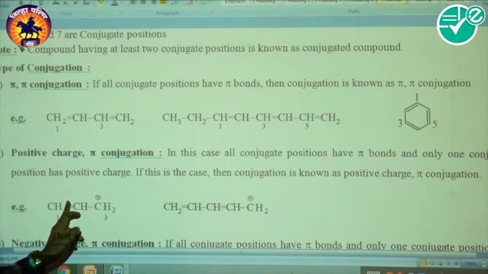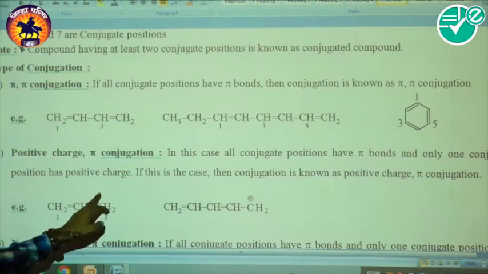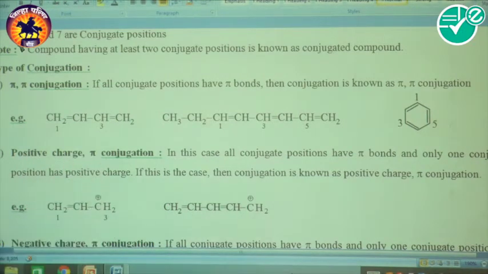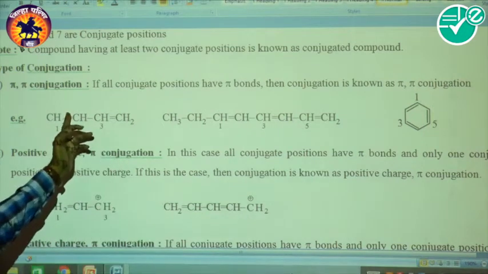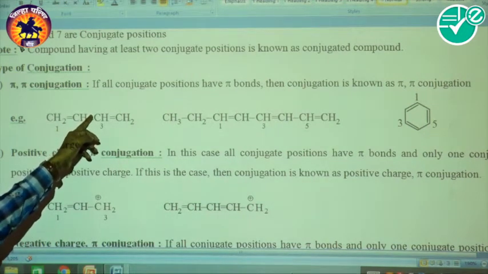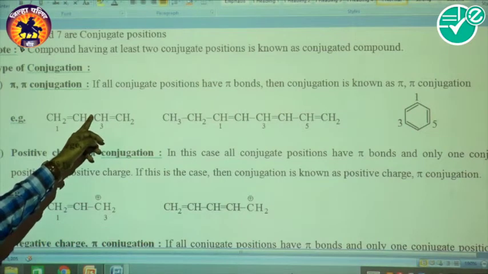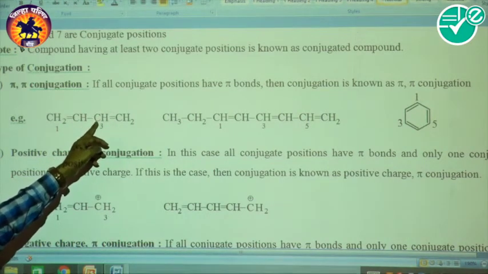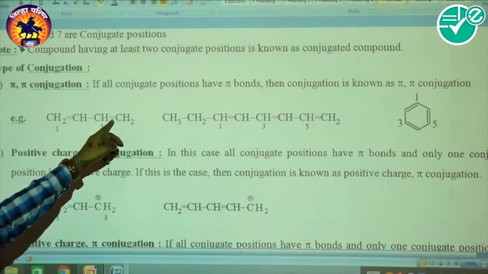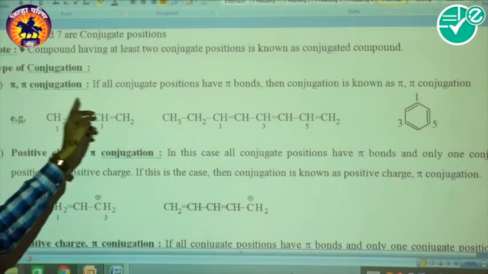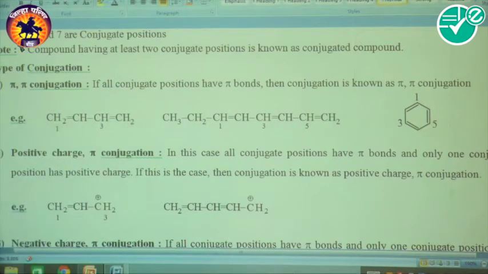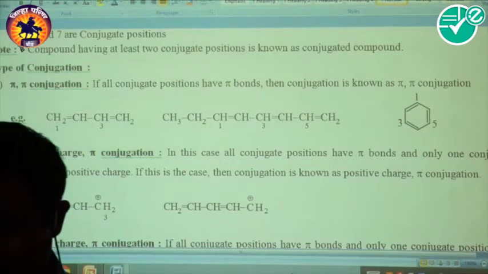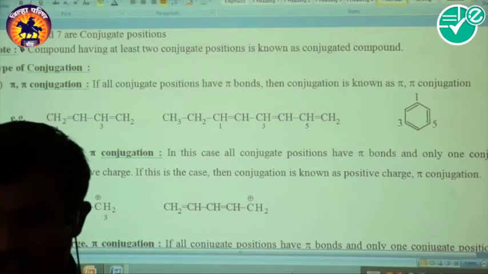So this double bond is to be shifted towards this side because of the conjugation of positive charge and pi conjugation. Here, this double bond shifted to this one, so the double bond is converted into a single bond, and a new double bond is formed here. This double bond is shifted towards this one, so this carries a positive charge and this carries a negative charge. In this way, because of the conjugation, delocalization is possible.